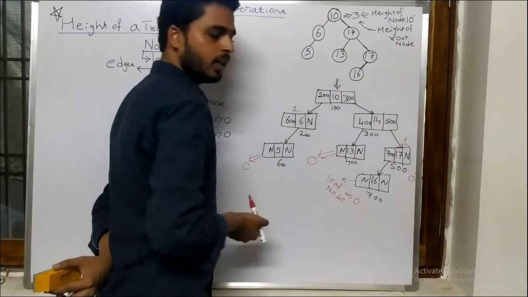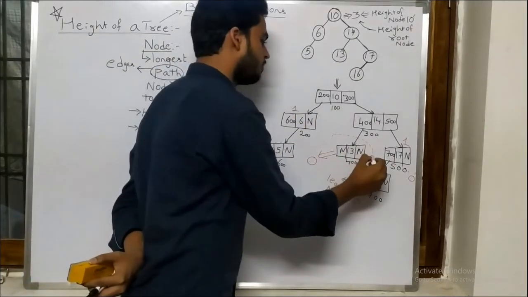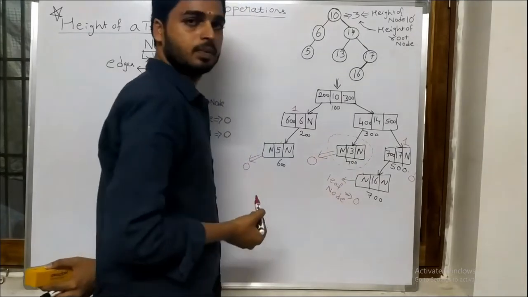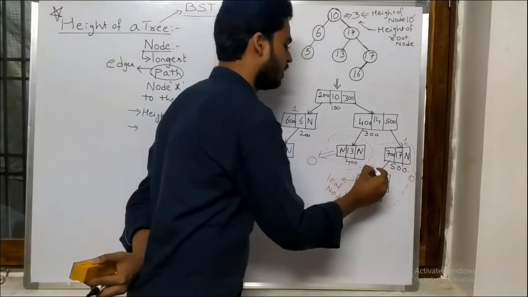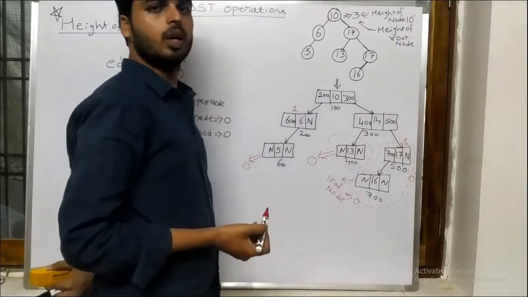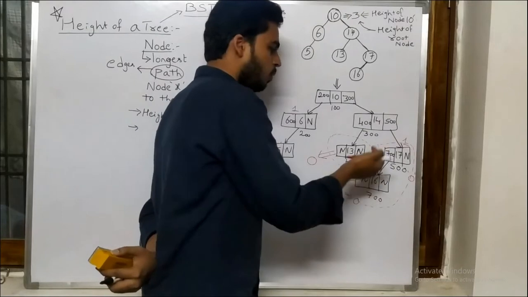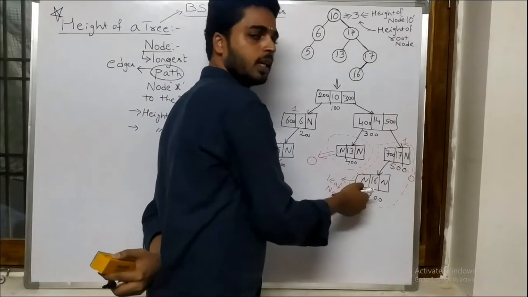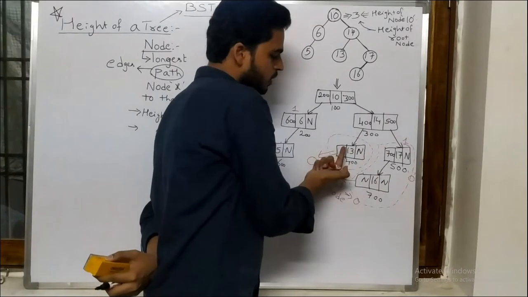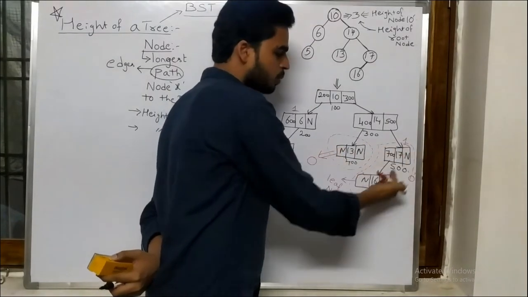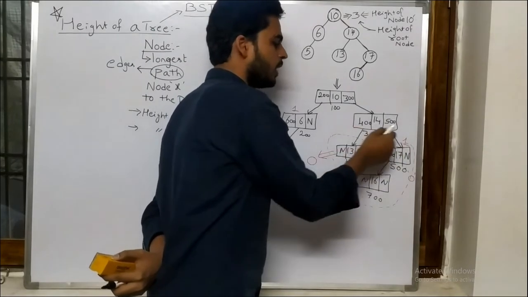Now check this. What is the height of the node 14? You can simply calculate the height of the left subtree, and you can calculate the height of the right subtree. You already know the height of the left subtree and you already know the height of the right subtree. Then what do we need to do? We need to take the longest path, right? So whichever has the higher height, I can take. That is the reason I am writing this. So this is 0 and this is 1. So this path is longer, so I will take this path. Along with that path, I will count one edge.